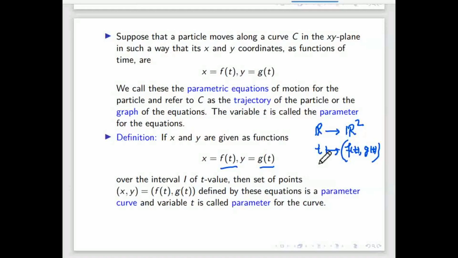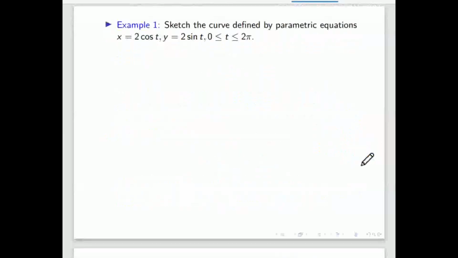Okay, so let us take one example, like x equal to 2 cos t and y equal to 2 sin t, and t from 0 to 2 pi. Like time t equal to 0, it will start, at 2 pi it will finish. So what will be the path of that particle, if the parametric equation of the particle's motion is given by this? The path traced by the particle in 2D, if this is the one. What? Ellipse.